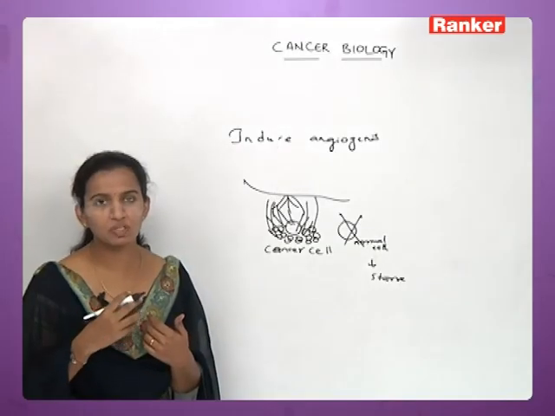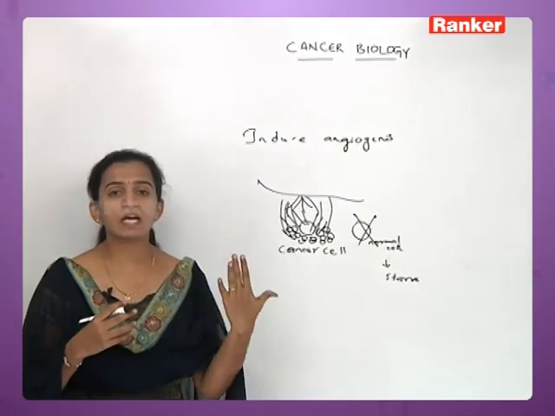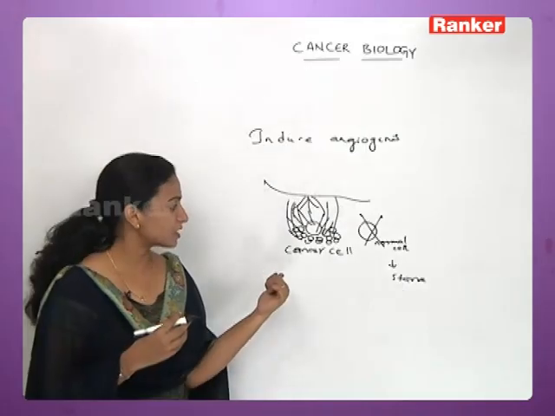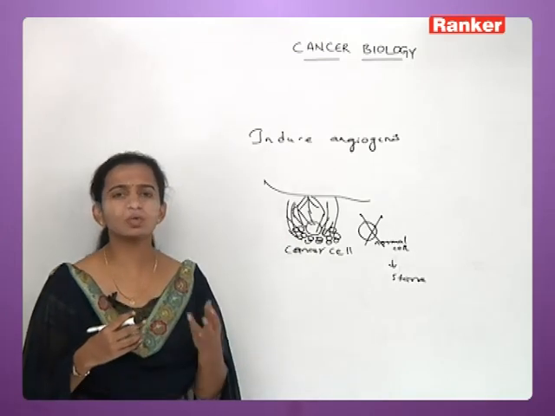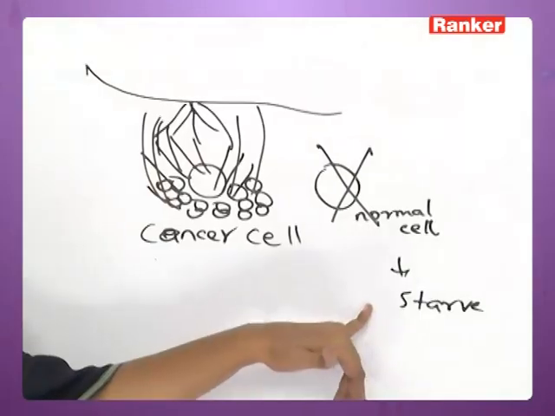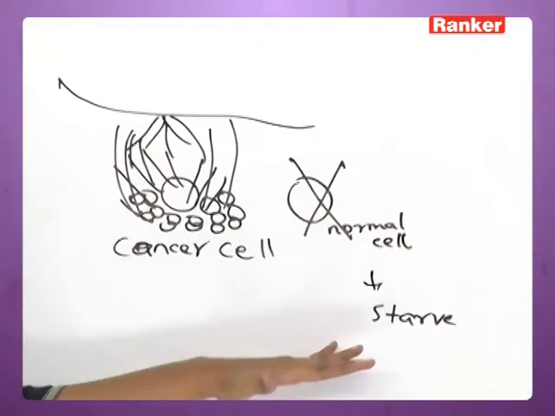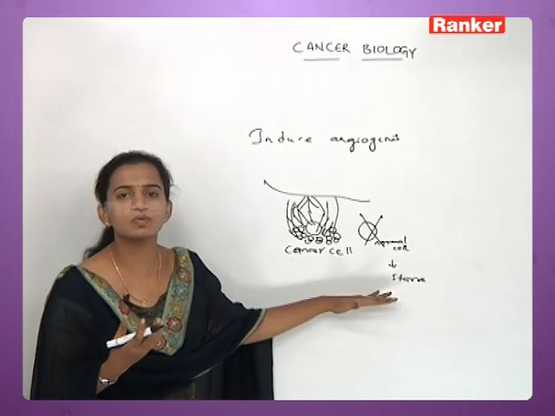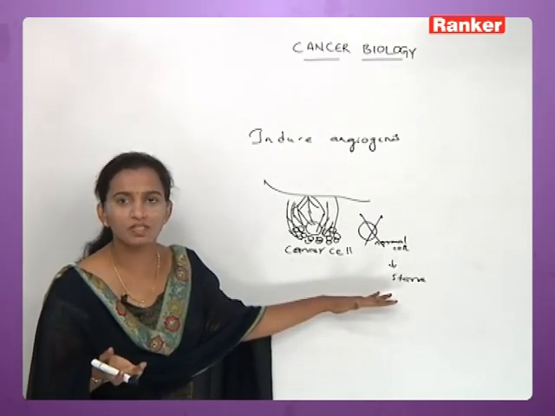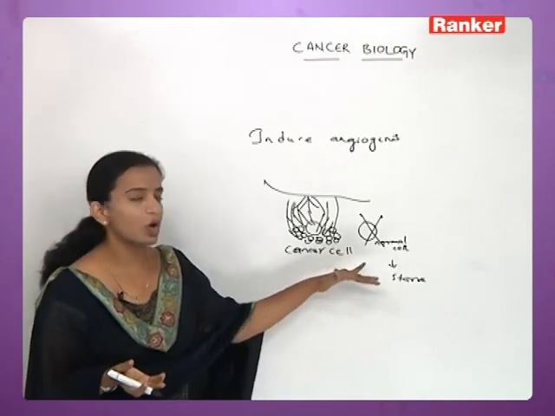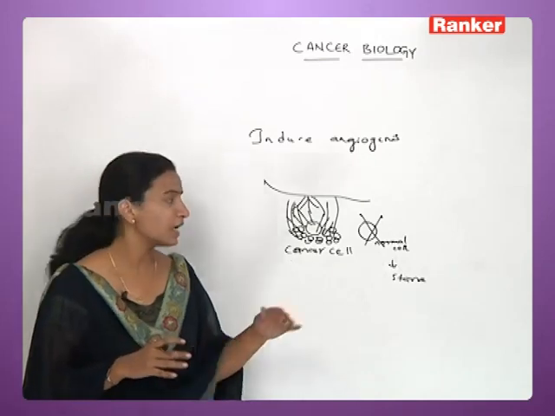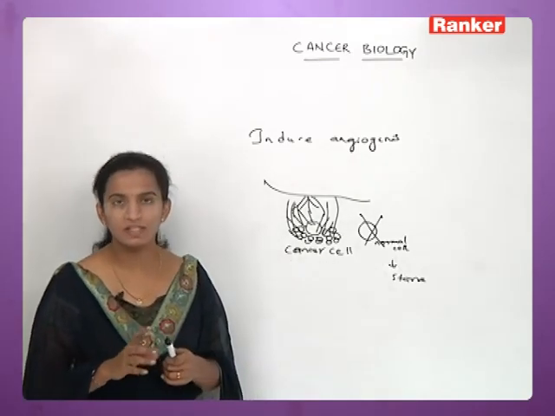In cancer, the cancer cell makes the healthy cell starve, and one day it shrinks out. But the cancer cells themselves are of no use. They just grow on and starve the normal cell. Due to the starving, the normal cell loses its capacity to live, and it enters into a kind of apoptosis process. So the normal cell is attacked due to the cancer cell; due to its growth, a normal cell is starved all the time.